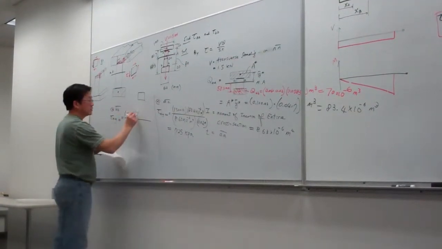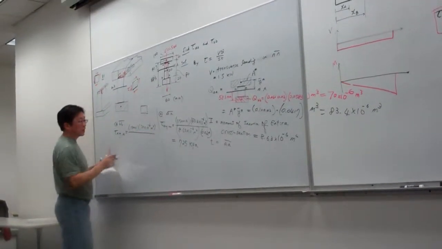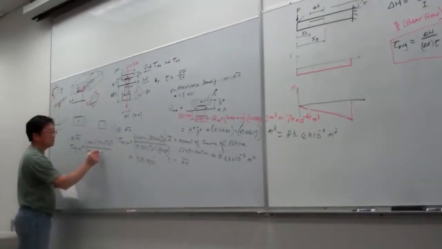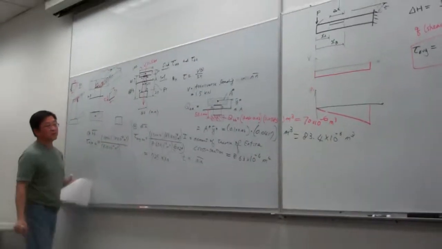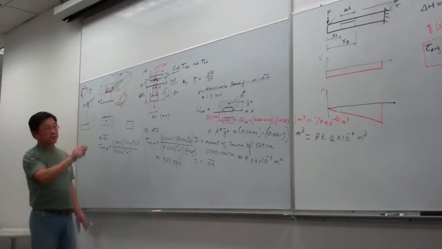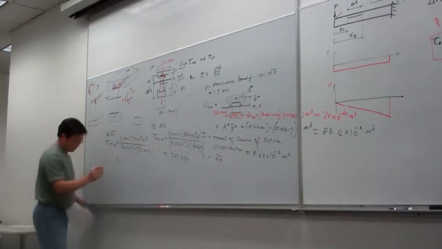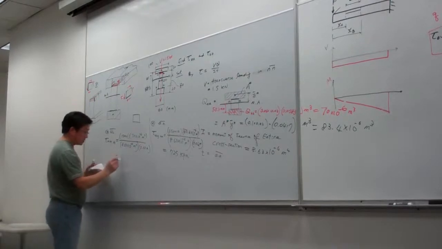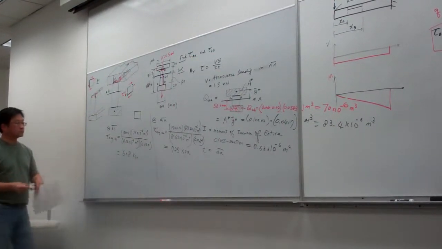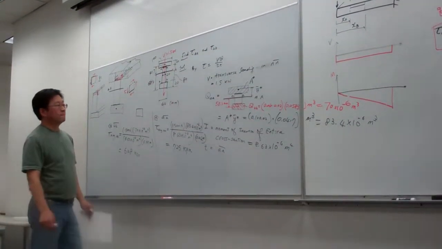So 70. And I is 8.63. And t, what is t? t is the width of that section at that level. How much? 0.02. So for this case, the calculated result is 608 kPa. Why is it 0.02 for all? Because